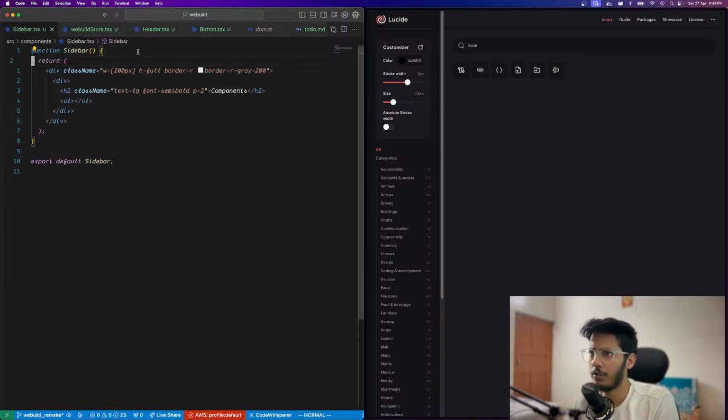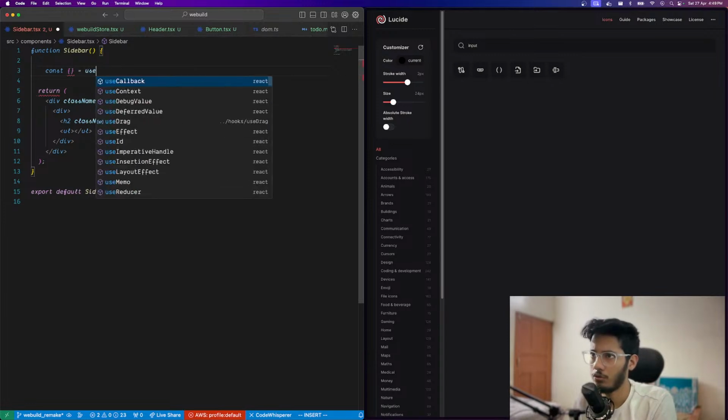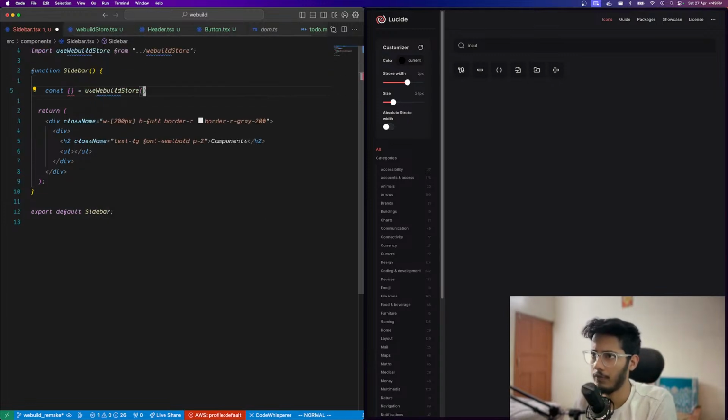Now what we can do is go to our sidebar, and we can access the components over here. So we can say use webuild store, and then what we can do is